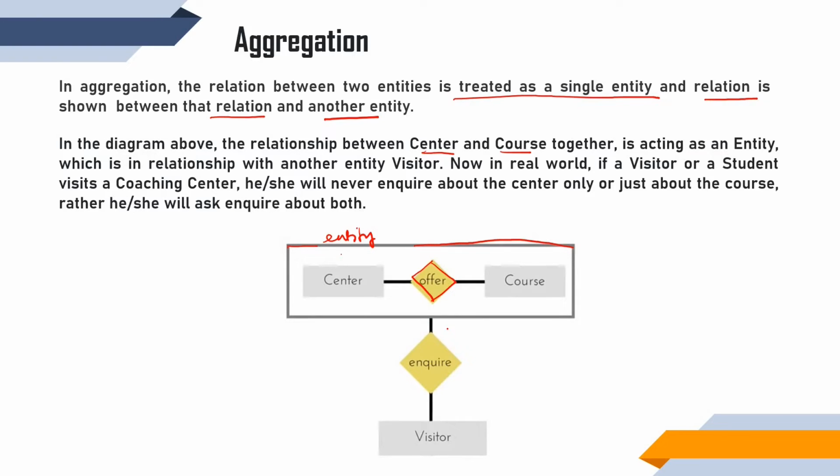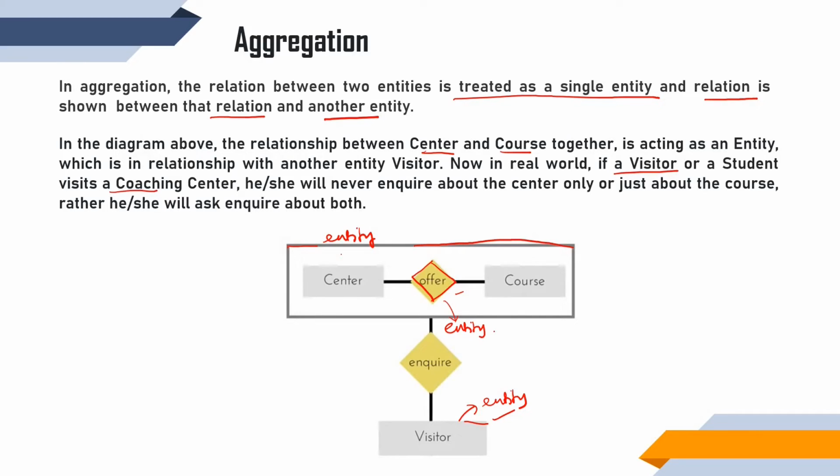relation called enquire between that offer and visitor. Visitor is another entity, offer is that relation. So enquire is that kind of aggregation relation which is formed between an entity, visitor, and a relationship, offer. Understood? Because in the real world, when a visitor or a student visits a coaching center, he or